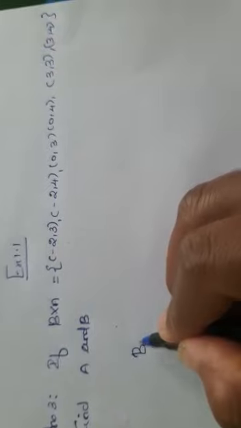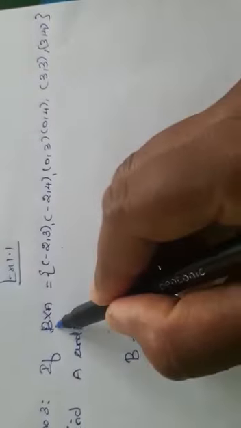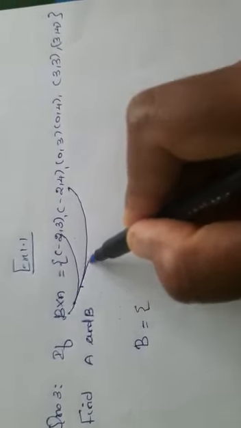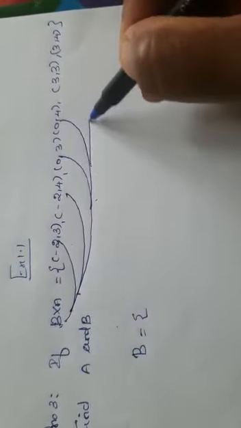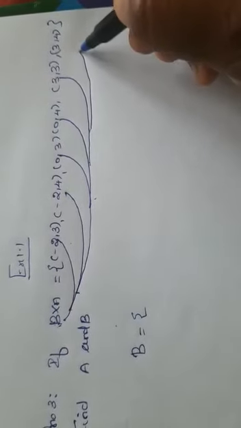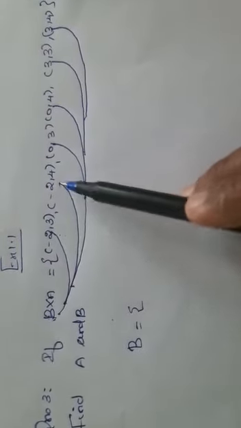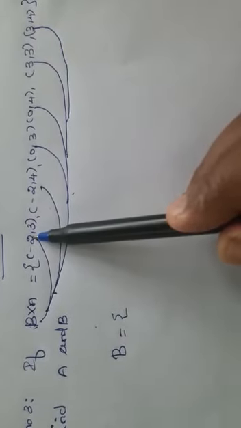Listen here. First we'll write B set equal to, what are the elements? The B set denotes the first elements. You have to write all the first elements. See, minus 2. The next is also minus 2. Next it is 0. Next the first element is 3. The next first element is also 3. Here we need not write a repeated element twice, only once is enough.